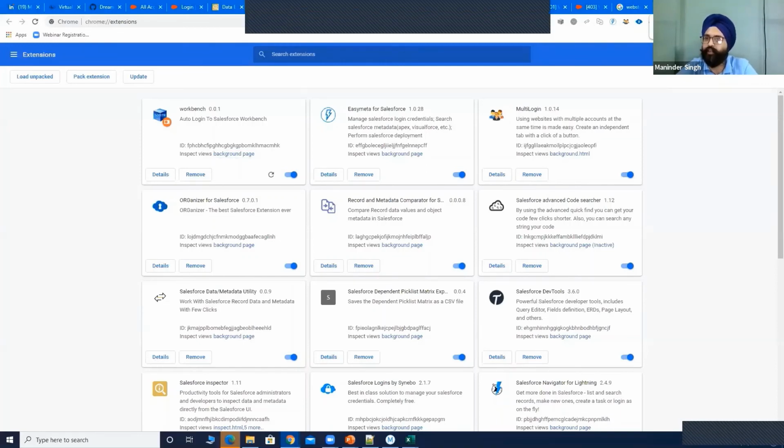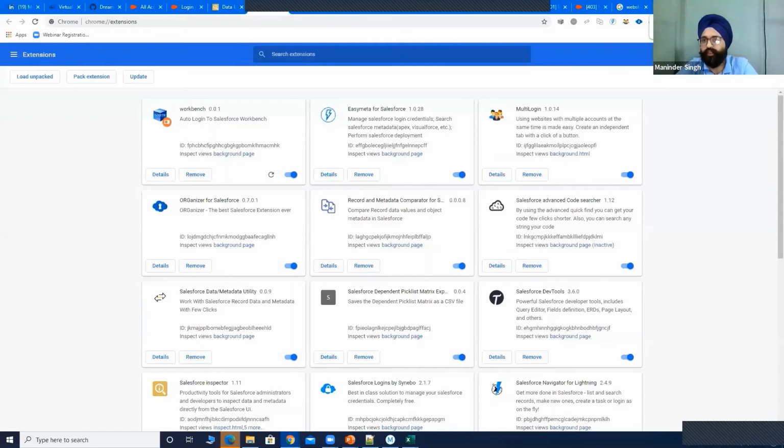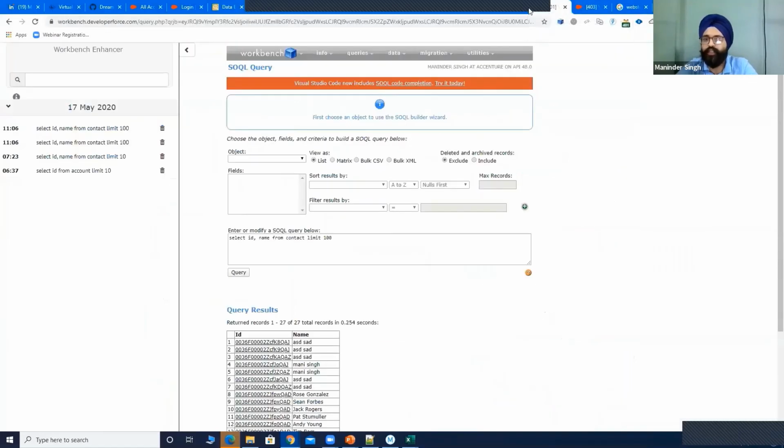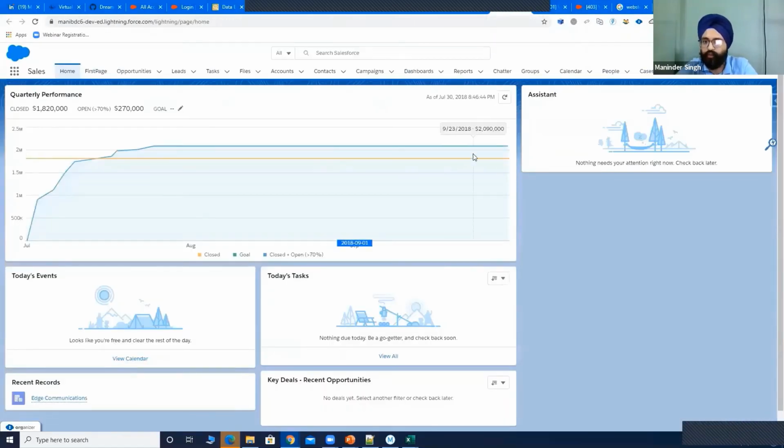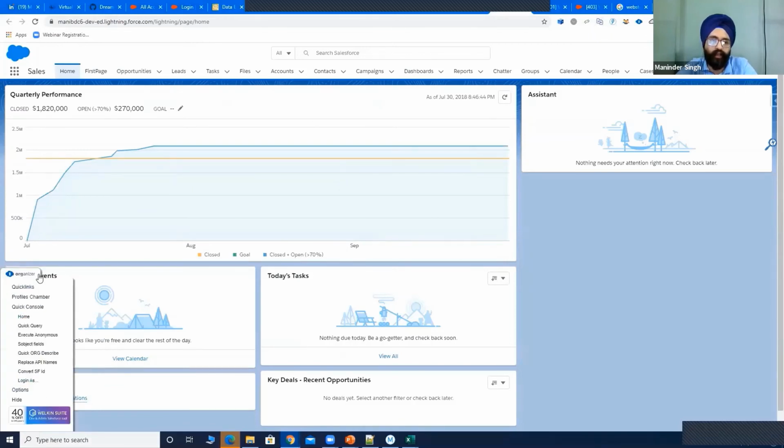If you understand that, then you would know that the user has to go in, put in their username and password, and allow access. So you can use any of the authentication supported in Salesforce to create an extension. But the demo which I've shown you here is getting the session ID of the logged-in user, which is an easy way to do it because I do not have to build all the authentication flows. You don't store the username and password. But yes, if you want to store it, for example, the Organizer extension is storing your username and password. I need to check how this security is handled within the extensions.